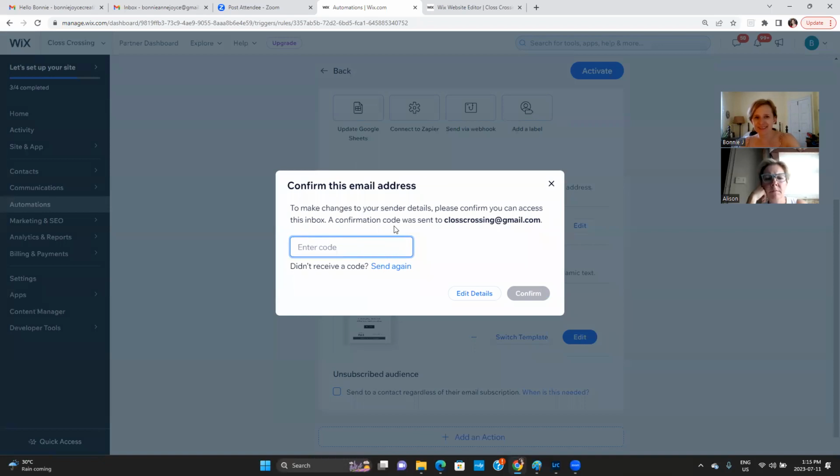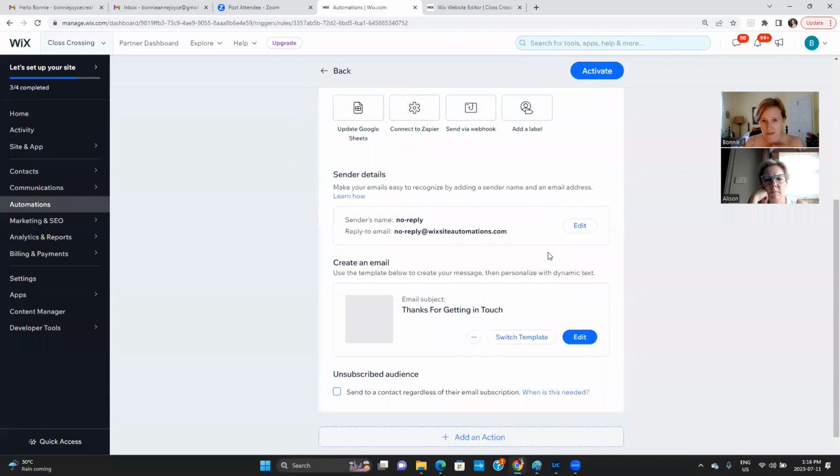You're going to have to do a two-step authentication to make sure that you are receiving email and all that. So I'm not going to be able to go much further with this. But basically, if you go in there, you can edit the email. I'll just close this for now. But if you click on here, you can edit the message and you can actually brand it a little bit.